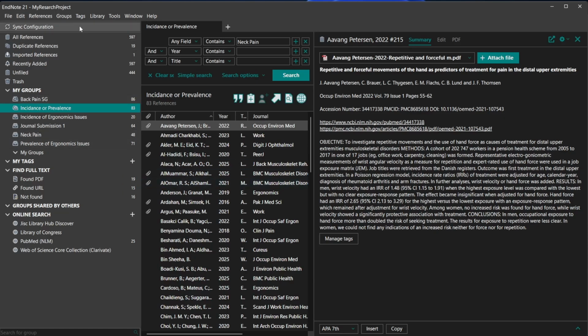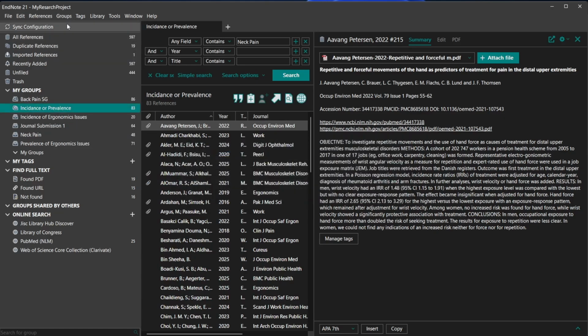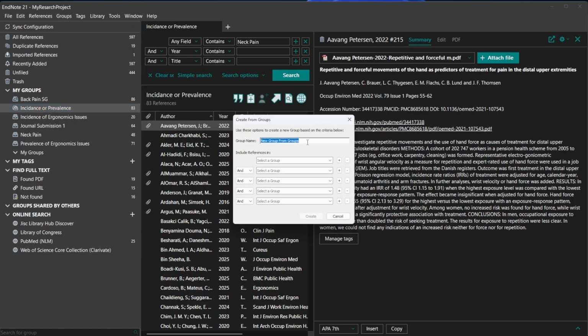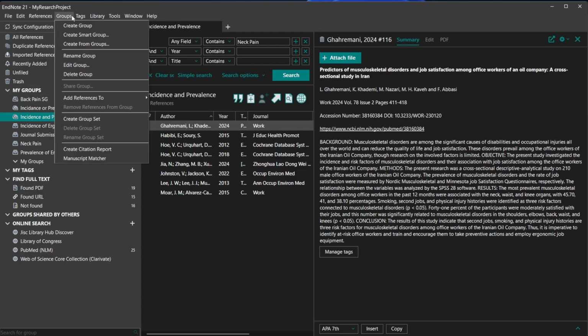Let us do the same thing for incidence and prevalence, meaning that the article should have incidence and prevalence. So we would go and do create from groups again. So it's incidence and prevalence, and then we'll go to incidence and prevalence, okay, and then create, and you have 8 articles, correct? So this is how you do a smart group. Sorry, not a smart group, but a smart group. Yes, correct. A smart group. No, create from